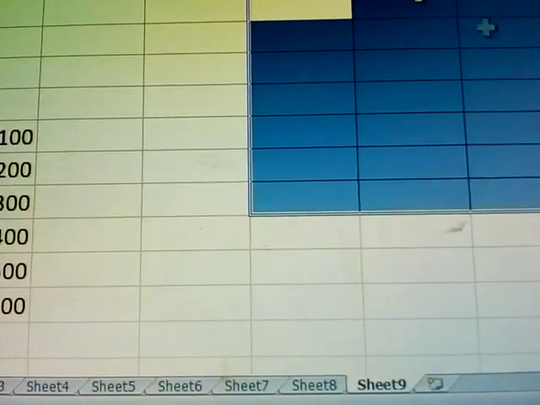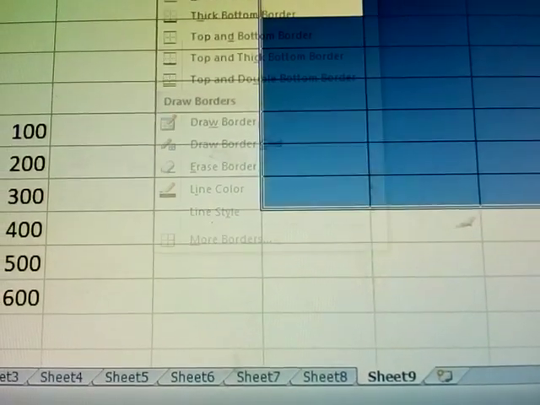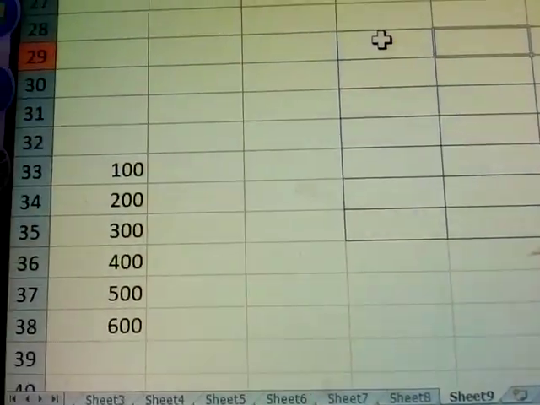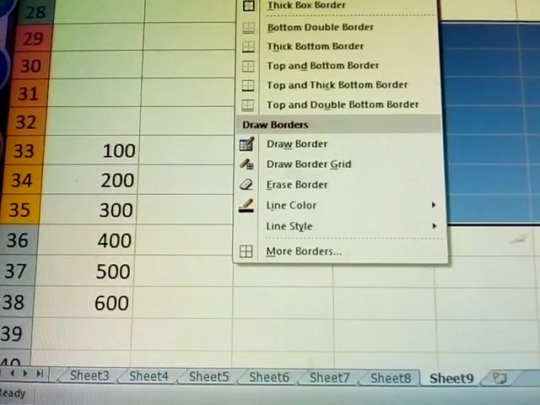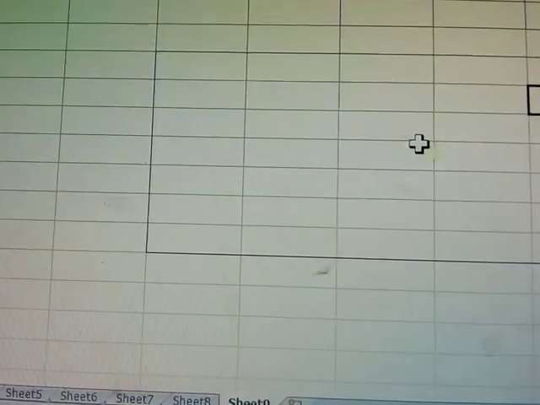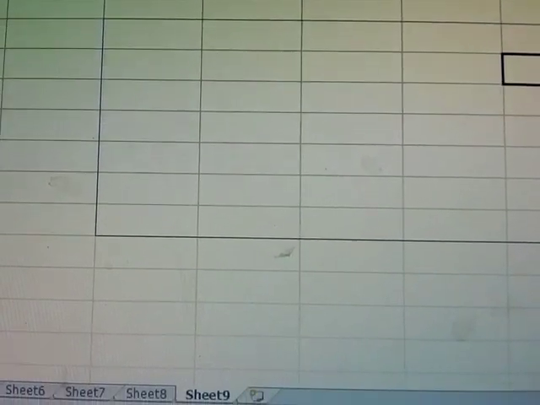Select the cells and give the outside border. Outside border means the inner part keeps the grid lines, but around the outside of the selection it gives borders right, left, top, bottom. This is the outside border.